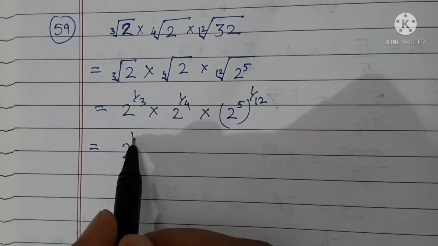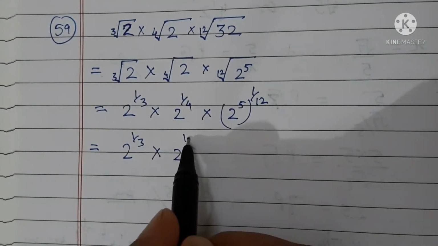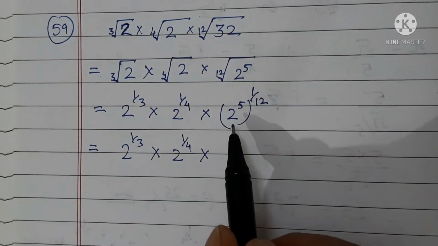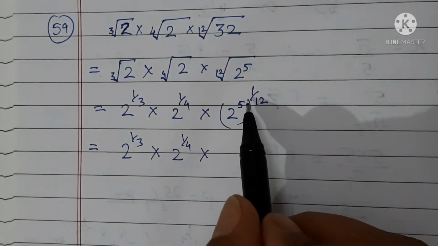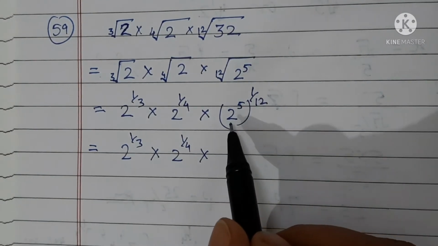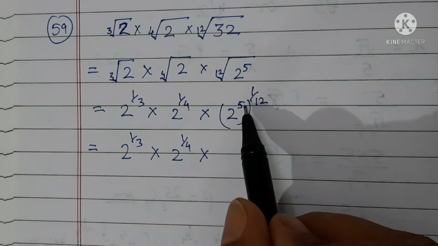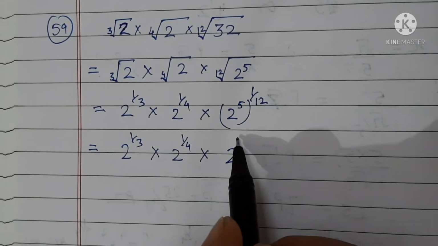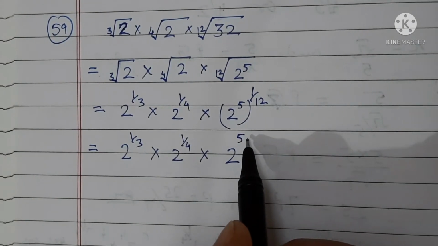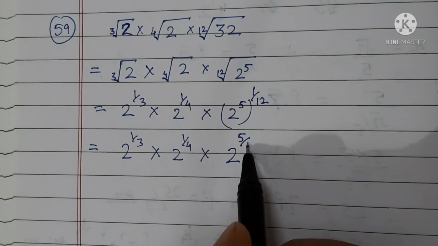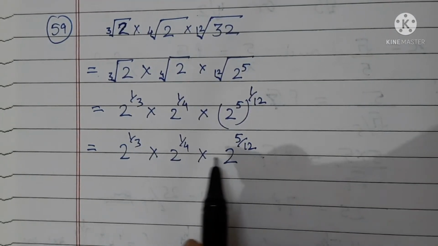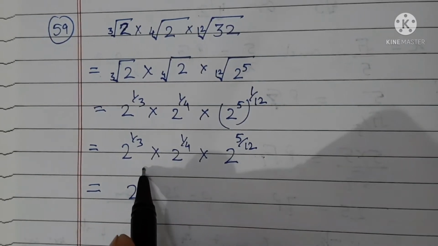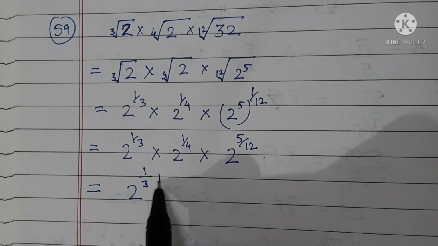Next step will be 2 to the power of 1 by 3 into 2 to the power of 1 by 4 into, here this power will be multiplied by exponent, laws of exponent, x to the power of m to the power of n. So you can write it x to the power of mn. So this becomes 2 to the power of 5 into 1 upon 12. So you can write it 5 upon 12. Now base are same, powers will be added. Now write like this, 1 upon 3 plus 1 upon 4